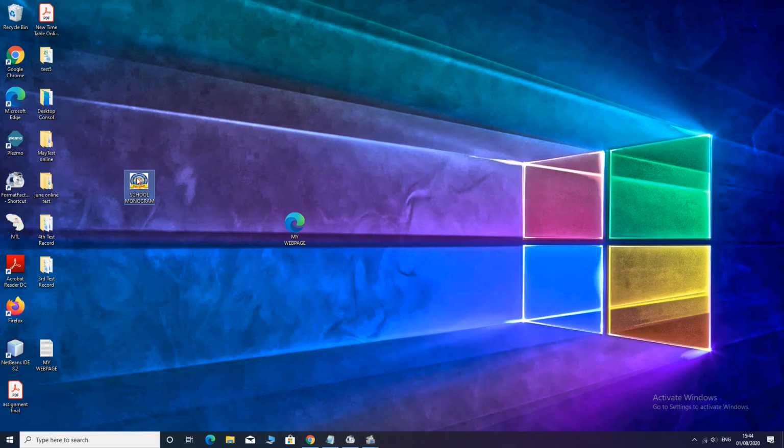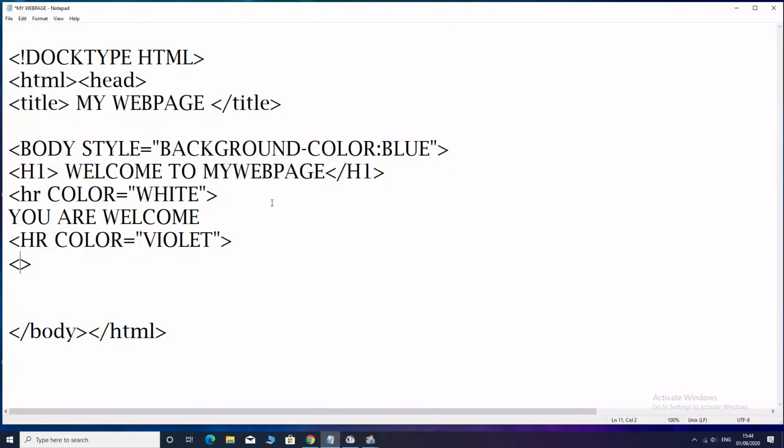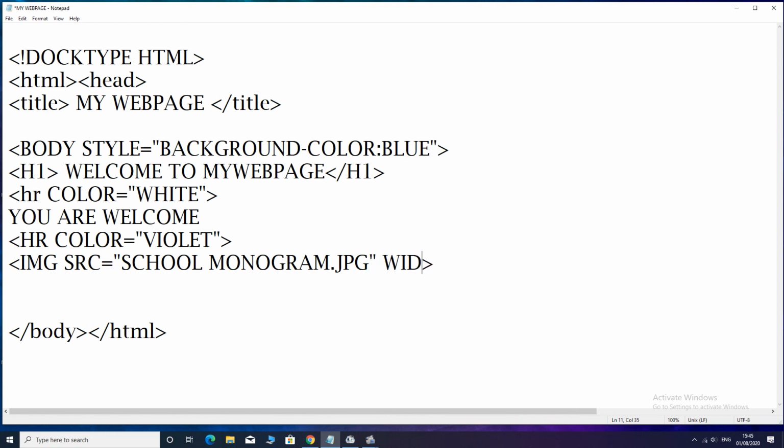Suppose we want to insert an image. It is in our desktop. We will use the tag img space src equal to double inverted comma the image name. Suppose the name of the image is school monogram .jpg, the format of the image, and then double inverted comma close, and the attribute width.